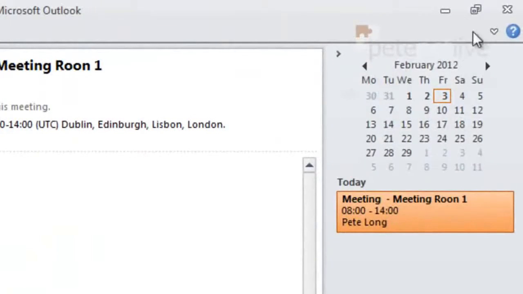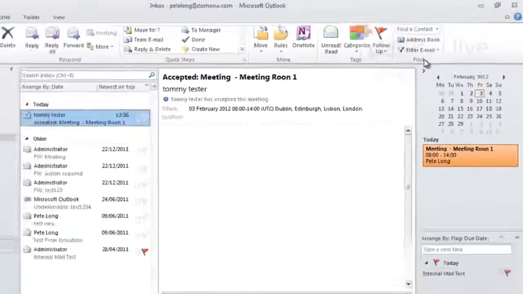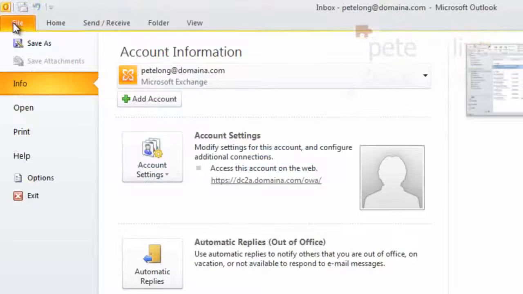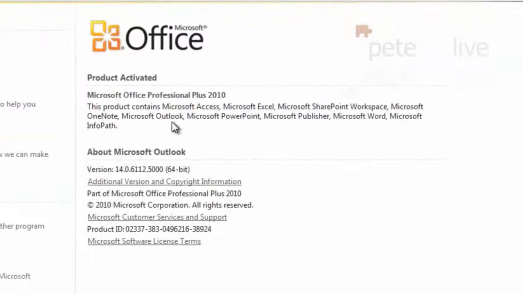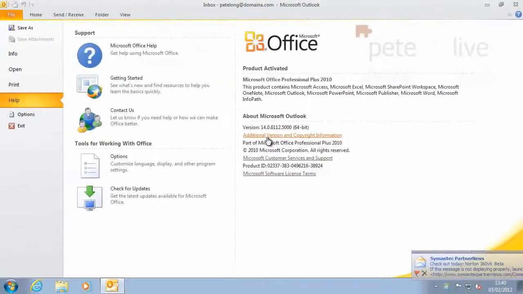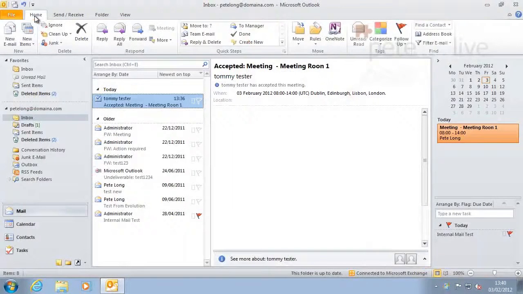Assigning delegate permissions. You can see in my Outlook there I've got the ribbon bar turned off, so I'm just going to turn it back on. And just to make sure that we are in fact working with Office 2010, right then, delegates, if you go down to Home,